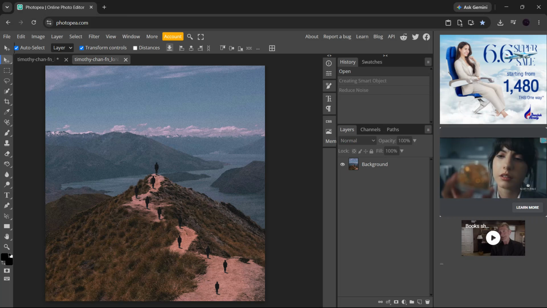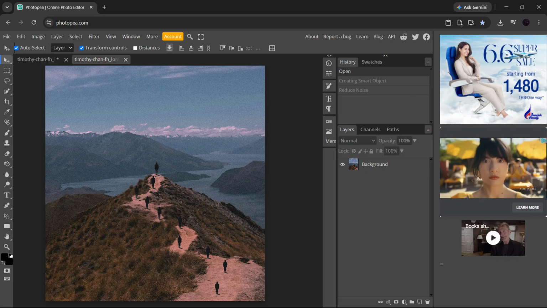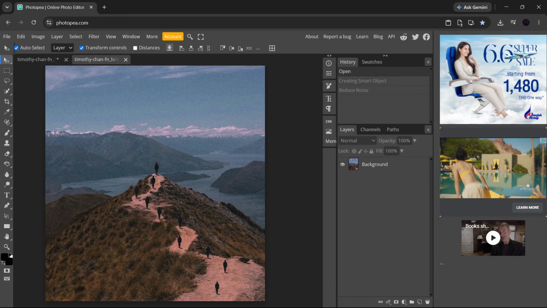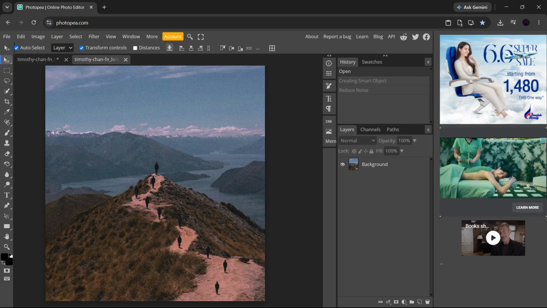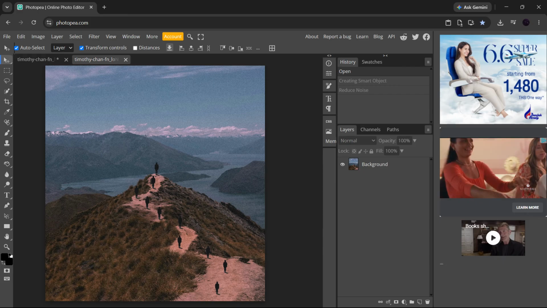If your photo looks grainy or full of digital noise, don't worry. In this tutorial, I'm going to show you how to reduce noise in Photopea quickly and cleanly. This is a simple fix that can make low-light photos, compressed images, and older pictures look much smoother and more